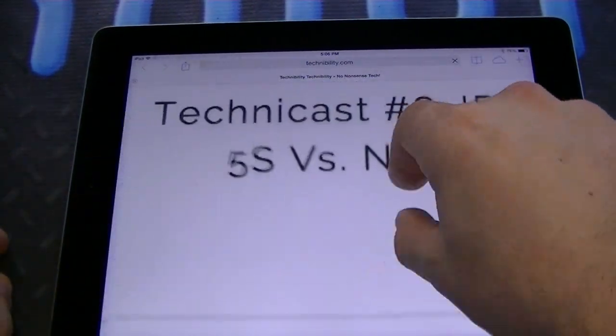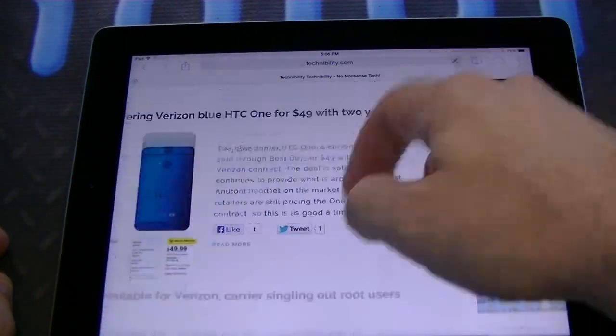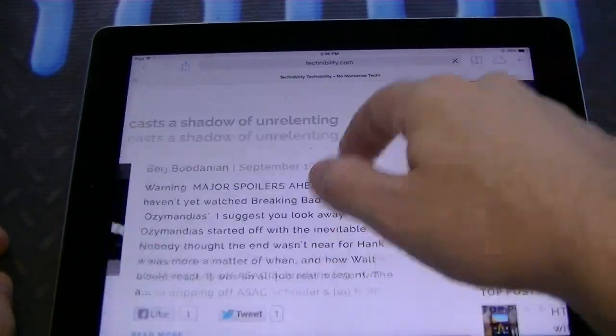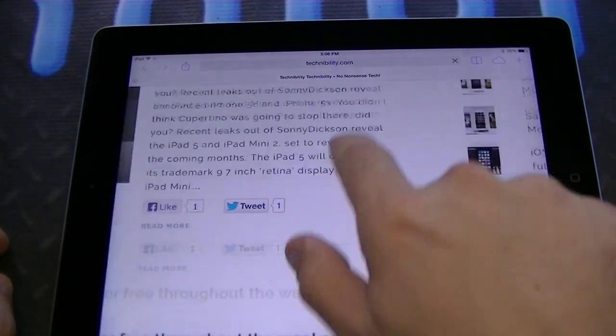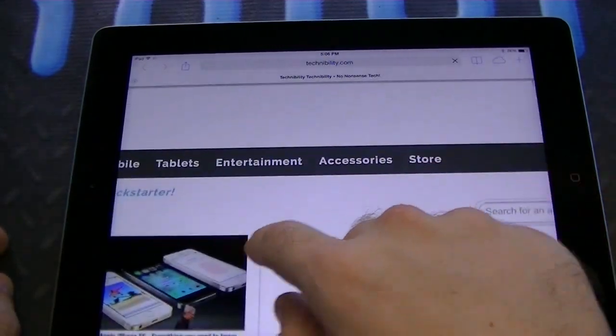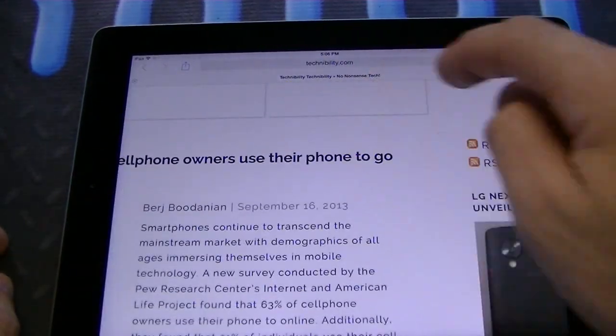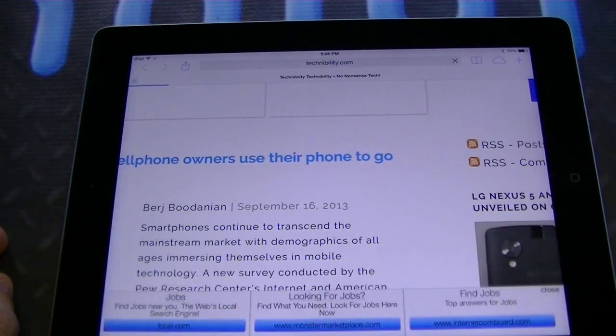Pinch zoom, super fluid, super fast. That's one thing you gotta appreciate about iOS, fast pinch zoom. Arguably industry tops. You can see if I was to just push on it or click on a link, it takes me to that link. I'm gonna show you guys